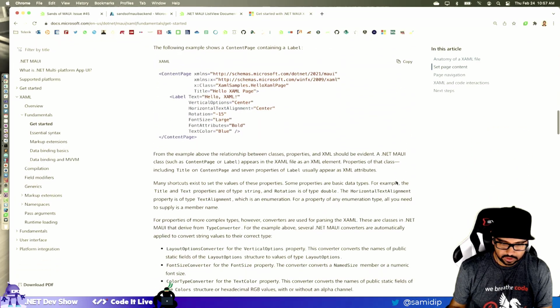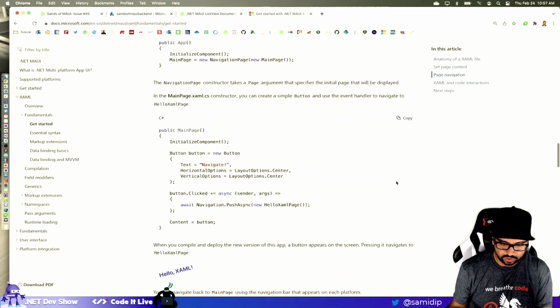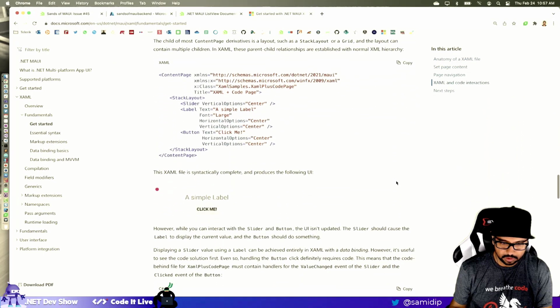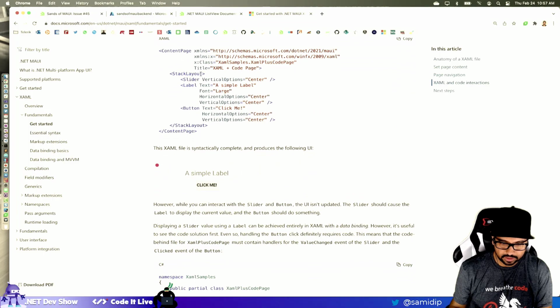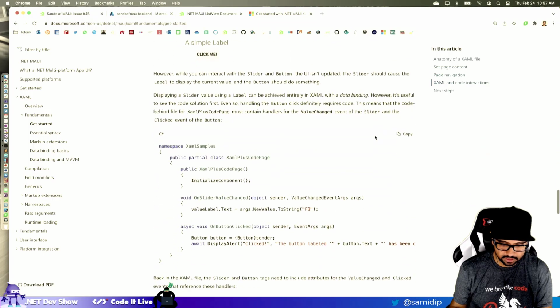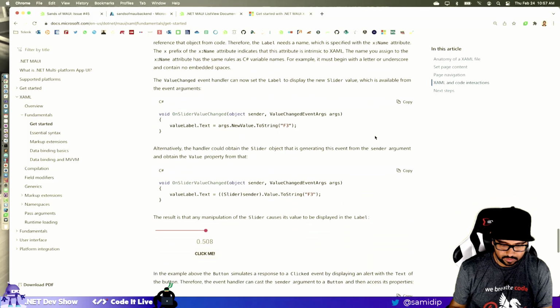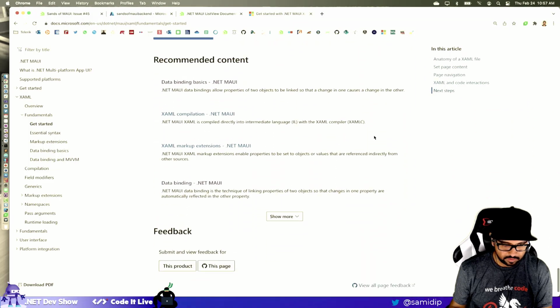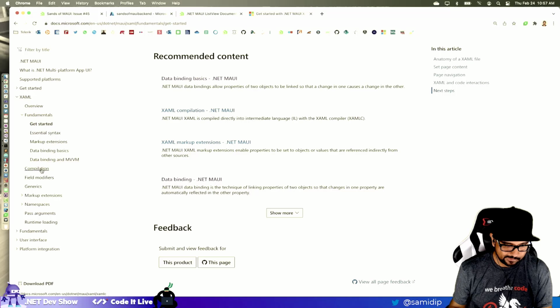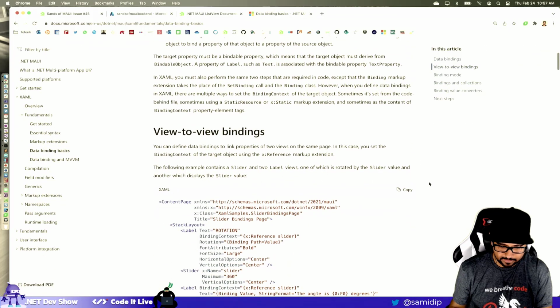Set up page content, yes. Page navigation, XAML, stack layout. I think it's vertical by default, isn't it? All right. I don't see a quick example that shows me exactly what I'm looking at.